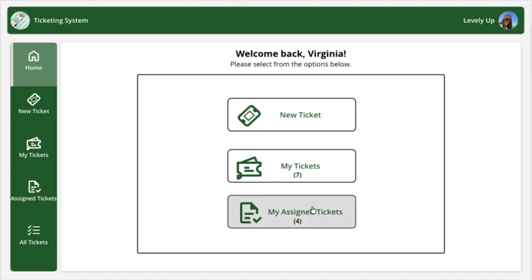Here on the home screen also, you can see the tickets that you've submitted. There's a count of them down here. And also the tickets that are assigned to you. You can get a little preview of how many tickets you have assigned to you. And all of the data is stored within Microsoft Lists, within SharePoint, and the automations are being done through Power